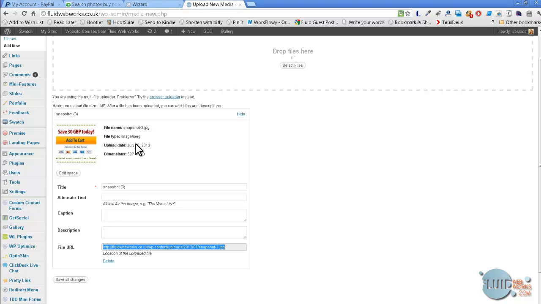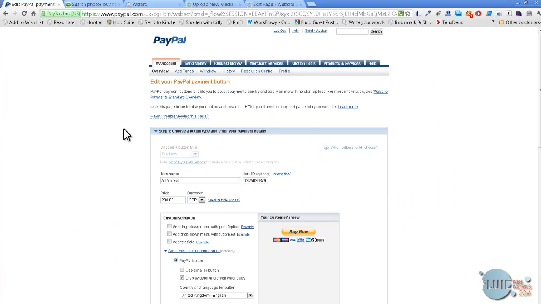If it's not something that you're familiar with, then I would really recommend going and having a look at that other post before we get to this stage. So here I am at the button that I want to change. It's the all access one. I've decided just to give £30 off until the end of July. It'll be the first day in July on Wednesday. So I'm just going to change this from £200 to